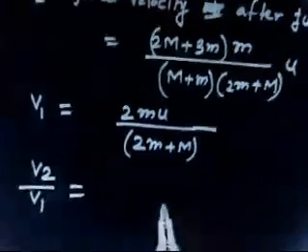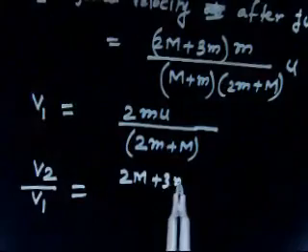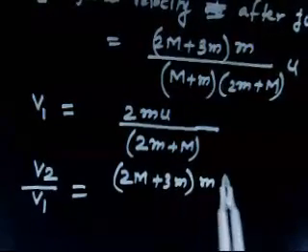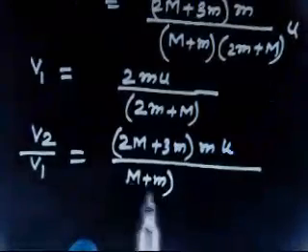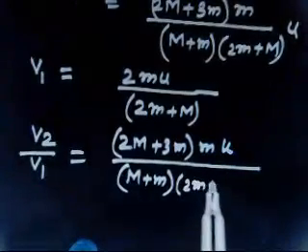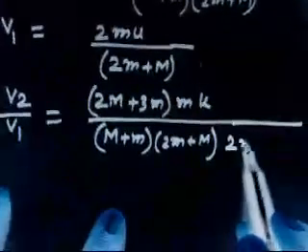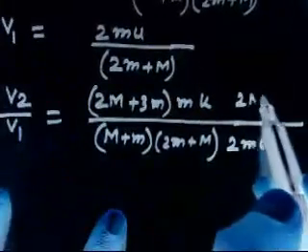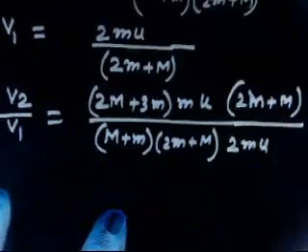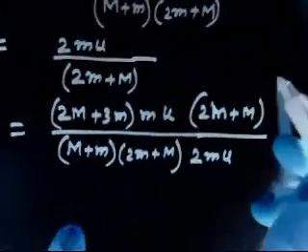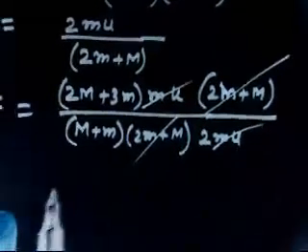So if I find this ratio, I will have 2m plus 3m into m into u, and this divided by m plus m into 2m plus capital M, and this multiplied by 2mu in the denominator, and 2m plus m, that is 2 small m plus capital M, will go into the numerator. So you can do your own calculation. This goes, mu also goes, so you will have simply